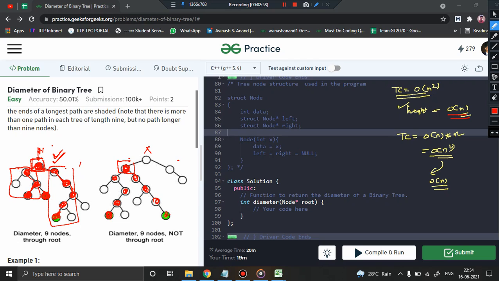Got the point? This is my diameter, right? Even in this case, at this tree, you are doing the same thing, isn't it? You are computing the left height, you are computing the right height, and you are adding 1 to it, and you are getting the diameter of this subtree.